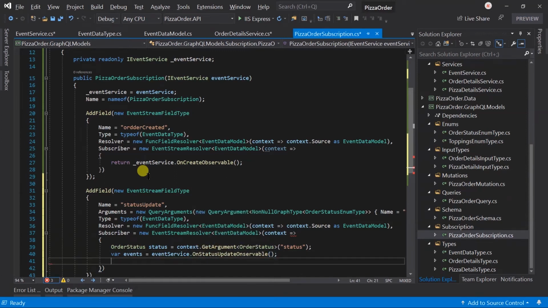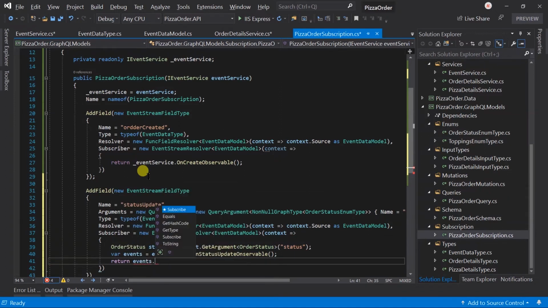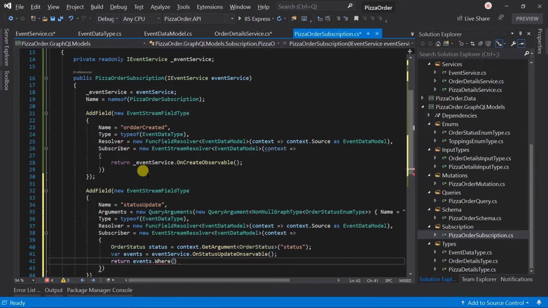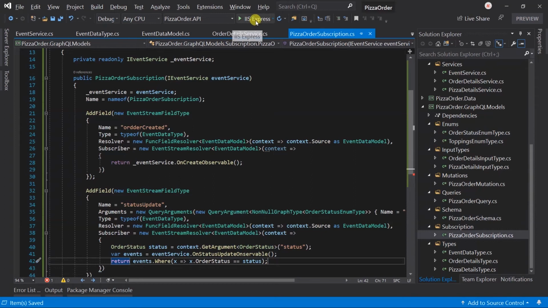Here this observable will contain the result for all kind of order status. But we are just interested in the status that pass in the argument. So filter out with the where. Save all the file, run the project,